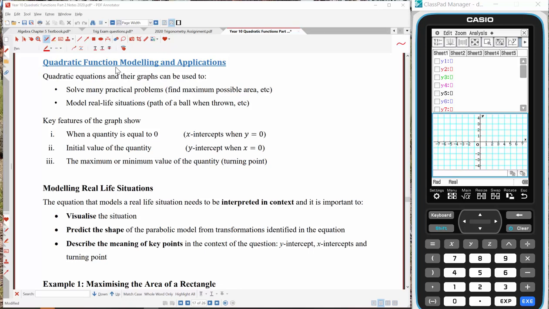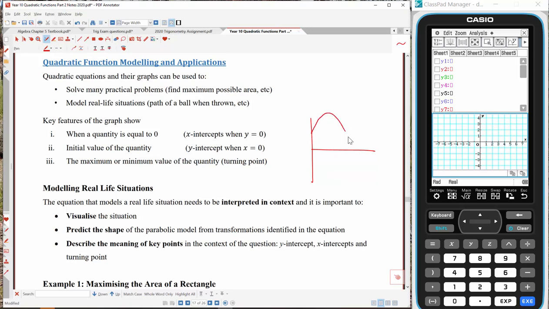Quadratic functions can be used to solve or model several different real-life problems. So we can solve problems like finding maximum areas, or we can simulate the flight path of a ball, and we can use the key features here, the X-intercepts, the Y-intercepts, and the turning point, to give some context to the problem. For example, if I threw the pen that I'm using out the window, right, here's the window here,